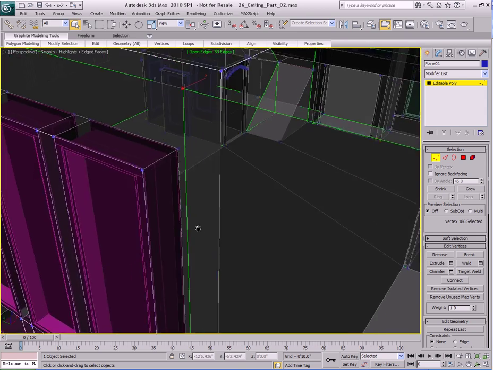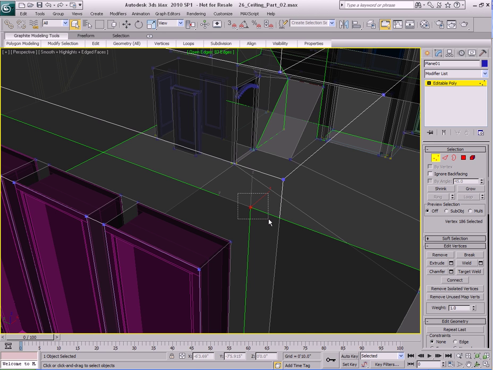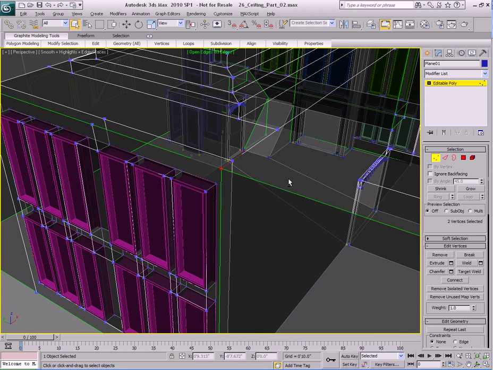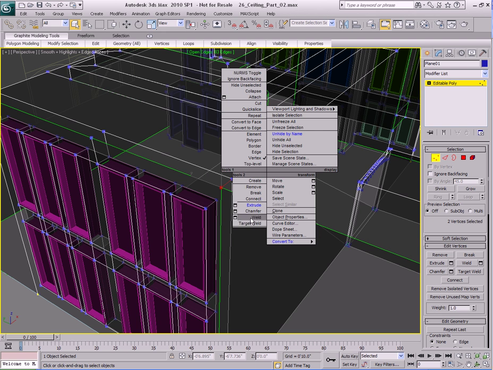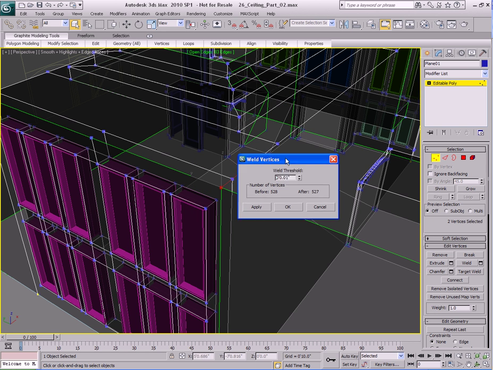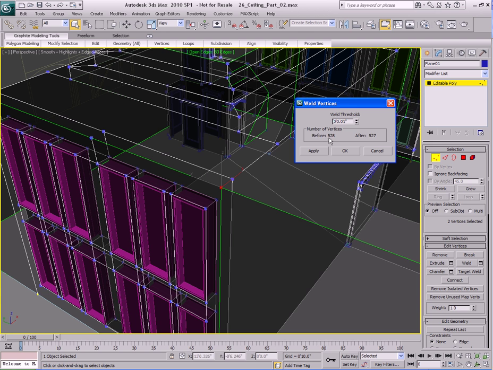Just go to see-through mode here. I'm going to drag select on top of that vertex because there's 2 vertices there, and I can see in the modify tab over here it says 2 vertices selected. Then I'm going to go to weld options, and I can see that it says before 528, after 527. So those 2 vertices now became 1. So I'll hit OK,